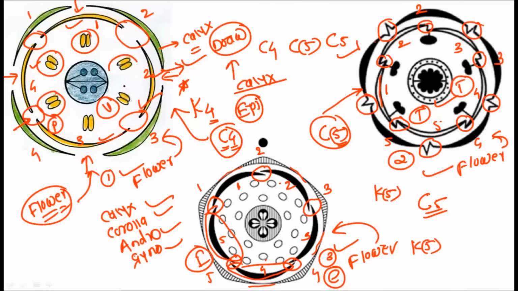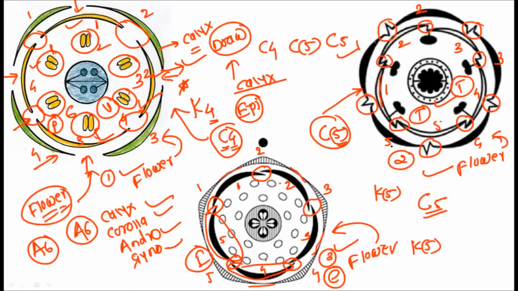Okay, and now see how many androeciums or how many stamens are there in the first picture. Okay, see 1, 2, 3, 4, 5, and 6. So A6 condition is there in this particular first floral diagram, and they are not fused. Fusion is not shown either with the petals, or with themselves, or with the gynoecium. So only the A6 condition is there.